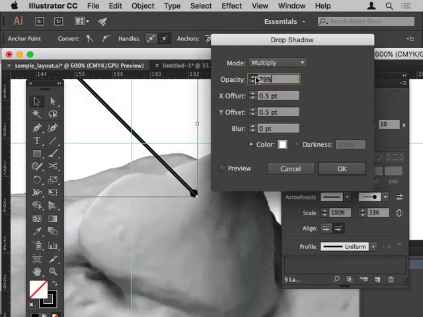Change the opacity to 100%. And then change the mode to normal. We can click on preview to see what it's going to look like, and you can see a small little drop shadow is here, and we can just change the X and Y offset to move it over a little bit, so -1 in this case, and